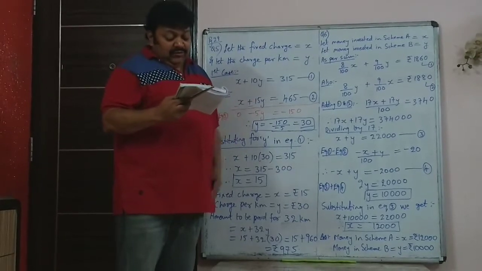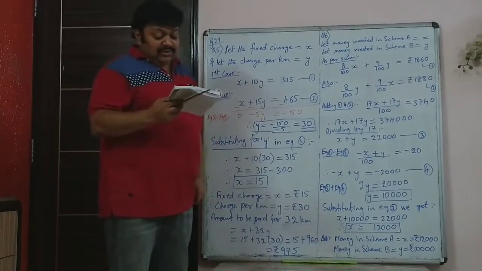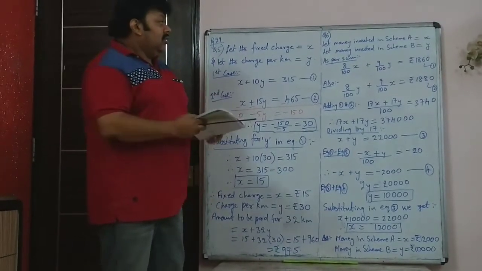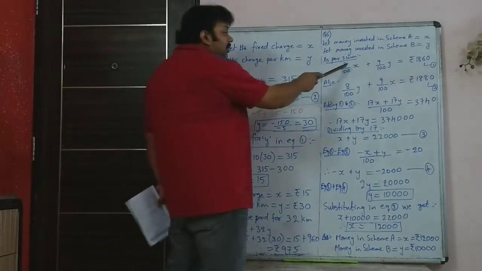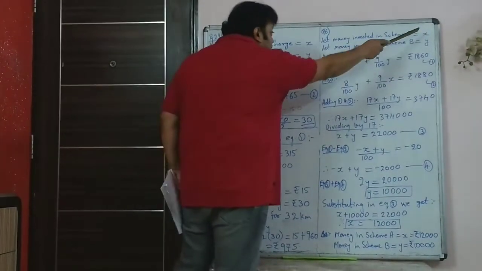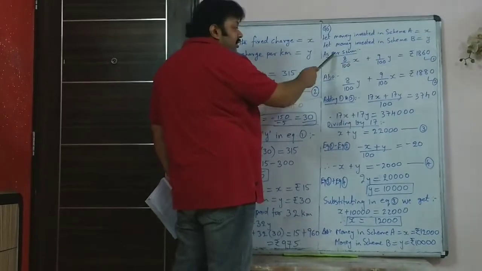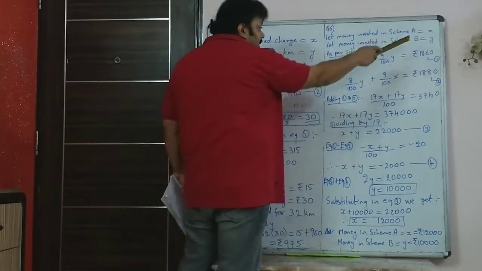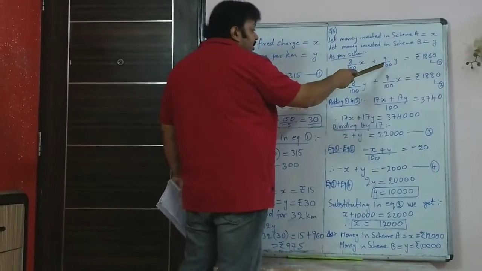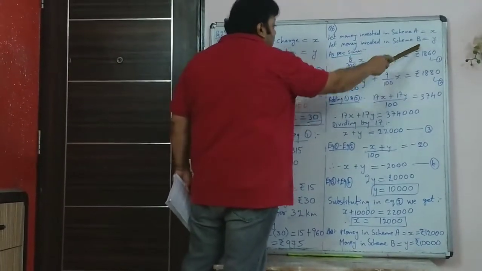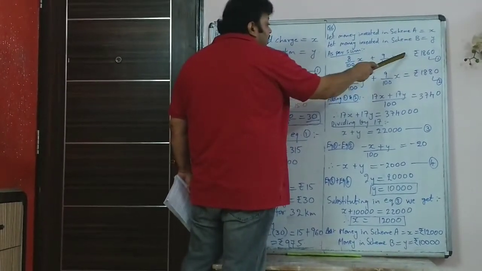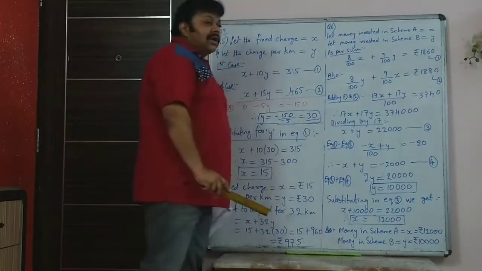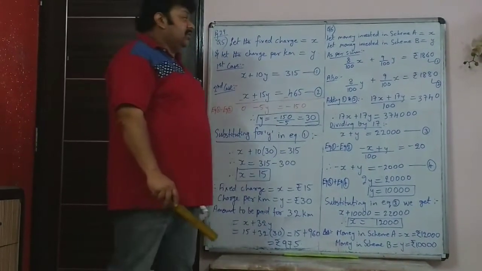However, if he had interchanged the amount of investments in the two schemes. So in the first case he is getting 8% of his investment as interest. This is interest in scheme A. And in the second scheme he is getting 9% on his investment of rupees Y. That is the total interest that he gets, that is 1860 rupees.